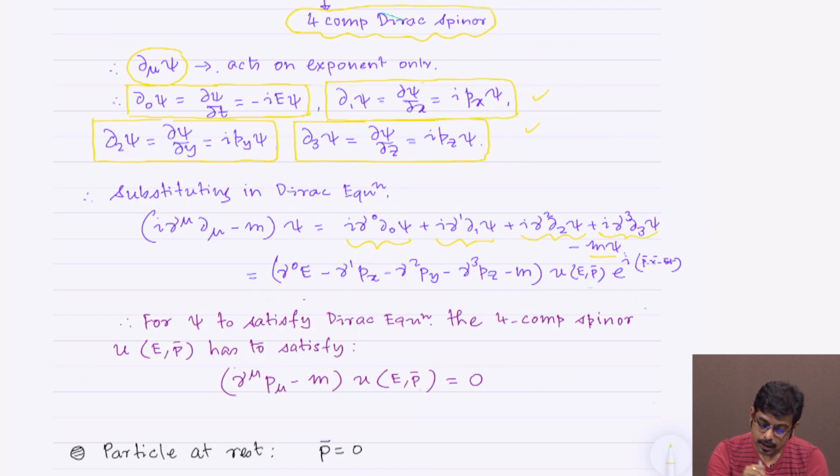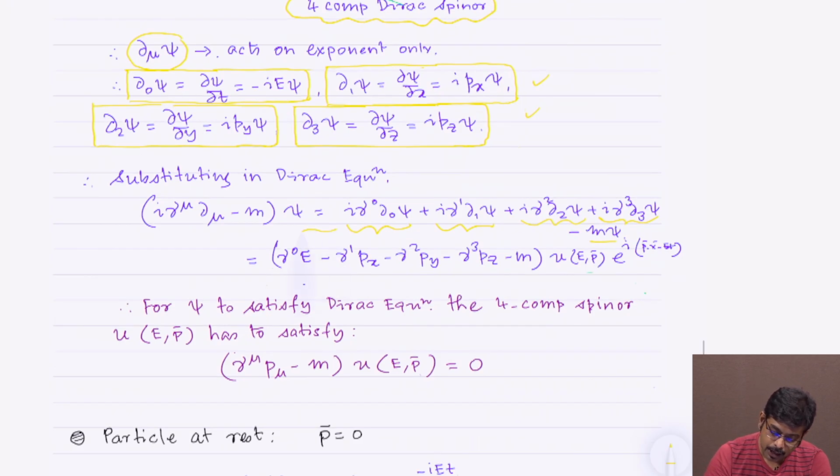So, this i square will become minus 1, and that minus will be absorbed, and this will simply give you gamma 0 E. What will happen for the second term? The second term, this i gamma 1 del 1 psi, because del 1 psi is i px psi, and with that i which is sitting here, that will also give you an additional negative sign, and this will simply become minus gamma 1 px, the next term becomes minus gamma 2 py, the next term becomes minus gamma 3 pz,